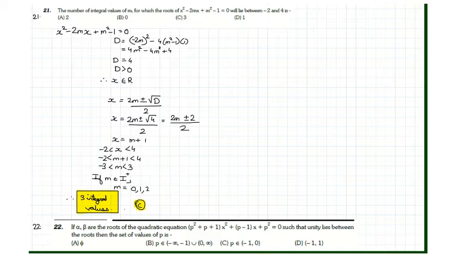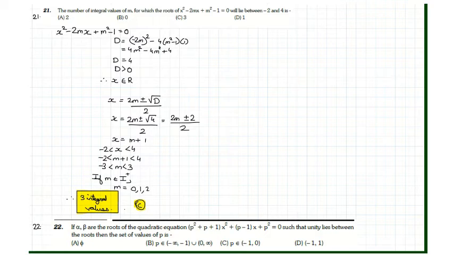When we calculate the discriminant for the above equation, we get minus 2m whole square minus 4 times m square minus 1, equal to 4m square minus 4m square plus 4, which is 4. Discriminant is greater than 0, and thus we get the value of x as a real number. Now we can just use the quadratic formula x equal to minus b plus minus under root discriminant whole divided by 2. X is 2m plus minus root 4 by 2, that is x equal to m plus 1.